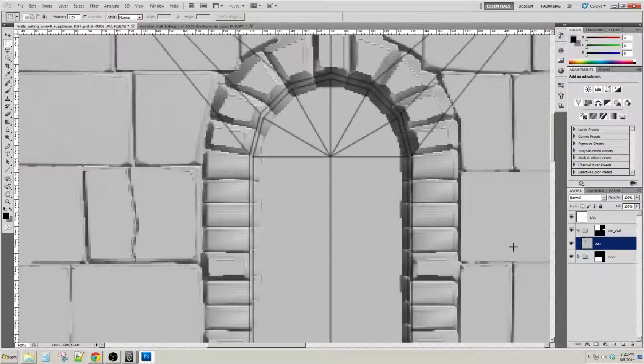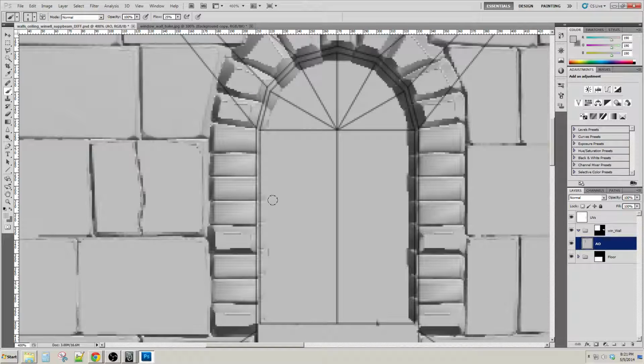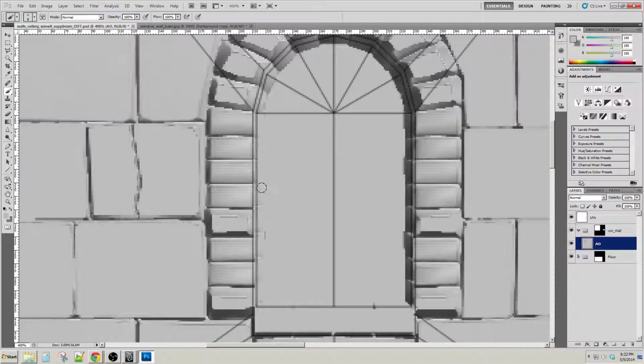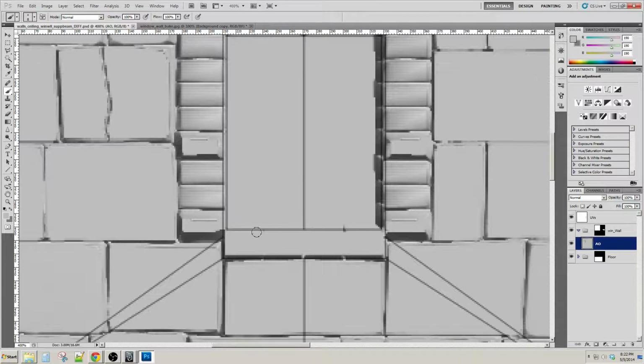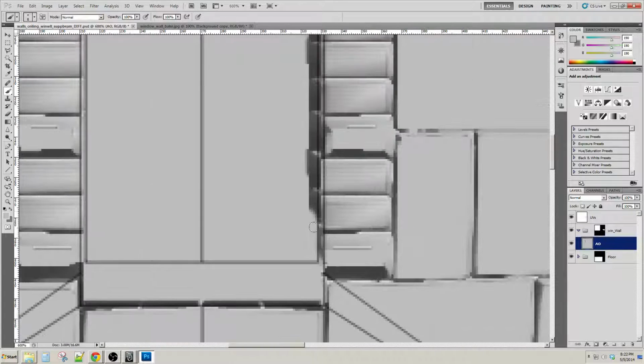So this is the UVs. What I'm going to do is I'm going to paint a lot of this. I'm going to change the opacity to 100, and I'm just going to paint this. I'm going to change the flow also to 100, so this goes a lot quicker. Yeah, I'm just going to paint this out here, just because, again, this isn't what I wanted. This is like the extra stuff that kind of got seeped in, right? So I'm just going to go in, I'm just going to color it out,